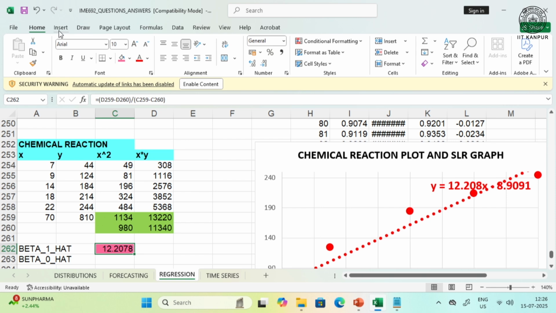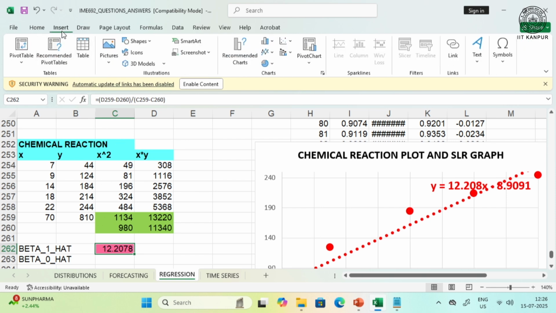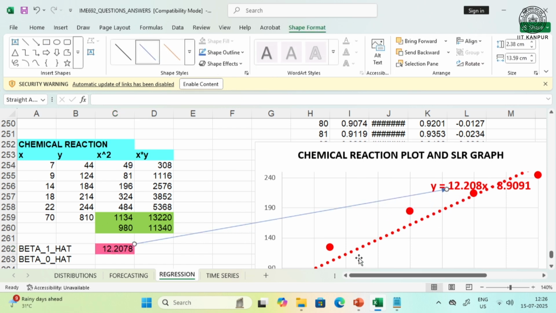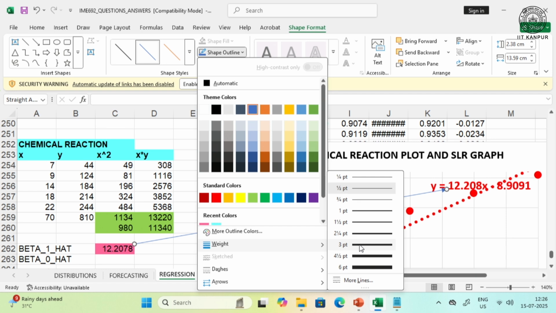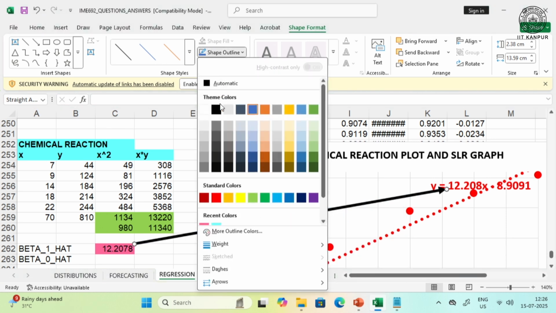This pink value which you see is matching with the value given here, which we just found out. The Excel was doing the calculation. So that takes care of beta 1 hat,